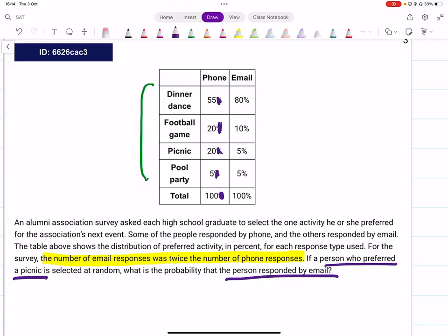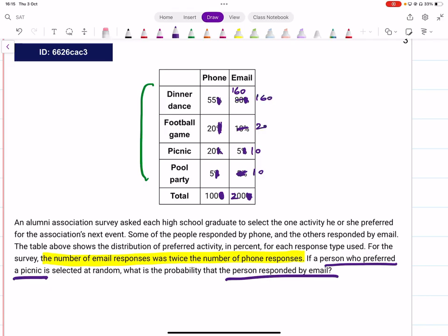The number of email responses was twice the number of phone responses. So if that is 100, what about this? 200. And now you change these numbers accordingly. This is 160. What are we concerned about? The number of preferred picnics. So let's just focus on that. So instead of 5, let's say this is 10. These are the actual numbers now, rather than percentages. So the rest of them will be, this will be 10, this will be 20, this will be 160,